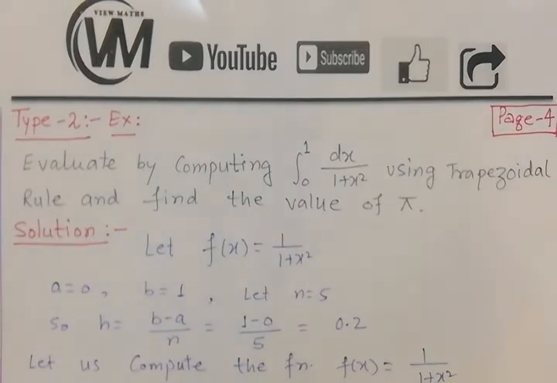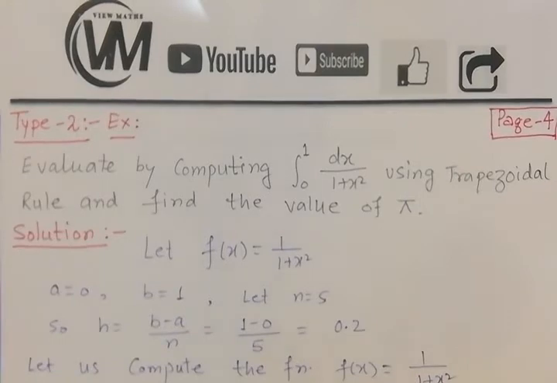We have to keep a minimum of 5 intervals. 5, 6, 7, 8 can be taken. But here we can easily divide the 0 to 1 interval into 5 parts, because 5 is an odd number. You can divide into 6 also, even, because there is no such condition in the trapezoidal rule. The number of intervals may be even or odd. So this is our wish, but not less than 5 at least. So let us divide the interval into 5.